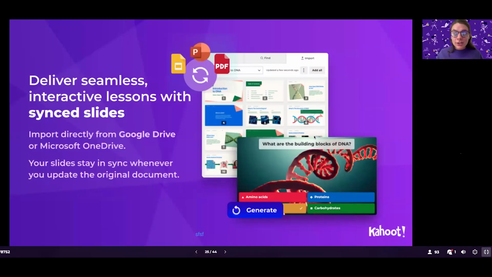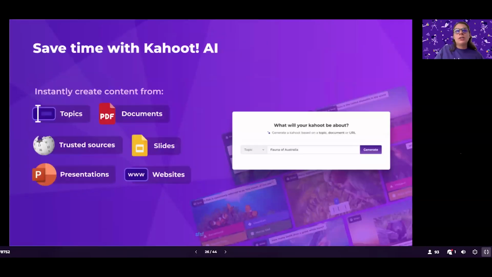No matter what materials or resources you already have, Kahoot will review all of that content, we'll scan it, and then we will essentially regurgitate the material in a brand new format that's interactive and prompts students along the way.